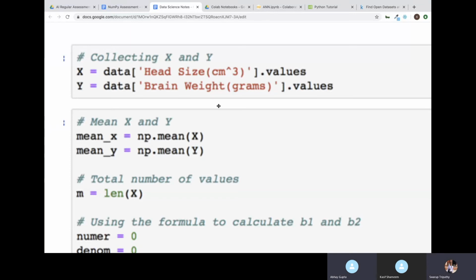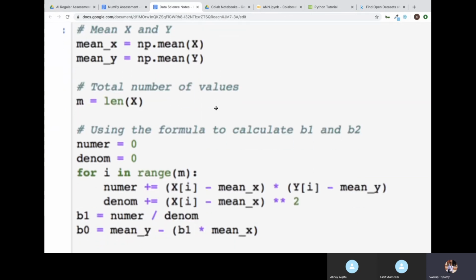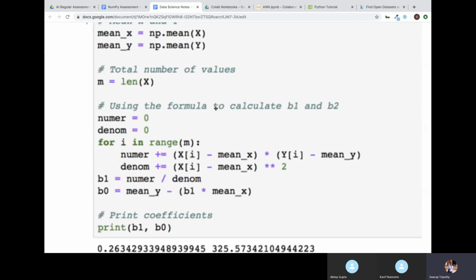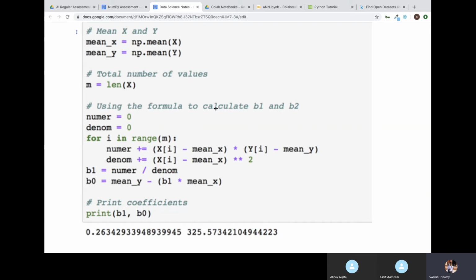Yeah, done. Then okay, so now next is we will find out here b0 and b1. So our formula is y equal to b0 plus b1x. So once we find out b0 and b1, then we can easily predict the values and do all kinds of things. So now here the first thing to find out b0 and b1, I will be finding out b1, that is this slope.